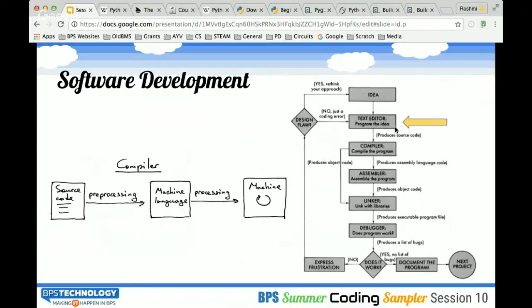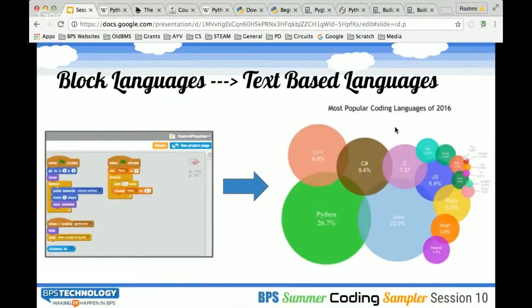That's a very rudimentary structure of a software development cycle. Obviously, there are many different steps added to that. We just wanted to give you a quick